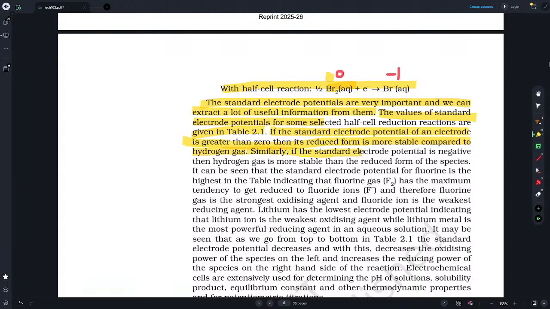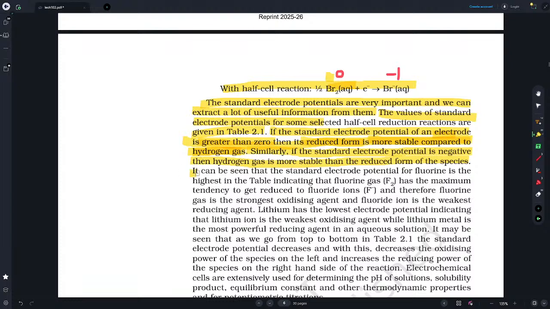Similarly, if the standard electrode potential is negative, let me read again. If the standard electrode potential of an electrode is greater than 0, being positive, then its reduced form, the element's reduced form, is far more stable compared to hydrogen gas. As we see in fluorine, as it is positive, the F minus ion is more stable than H2 gas. Similarly, if the standard electrode potential is negative, then hydrogen gas is more stable than the reduced form of the